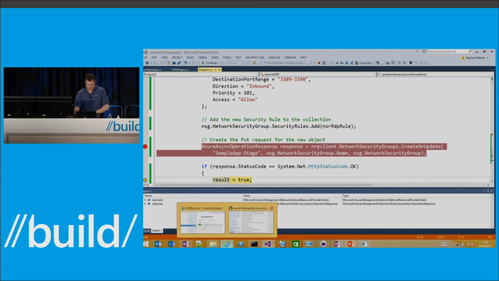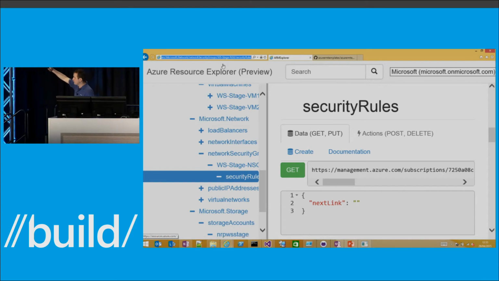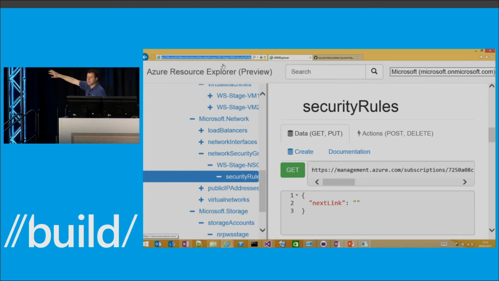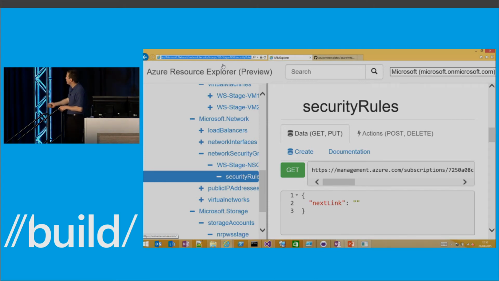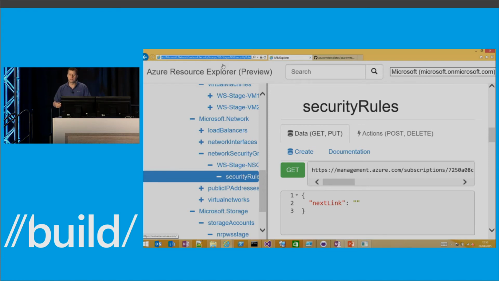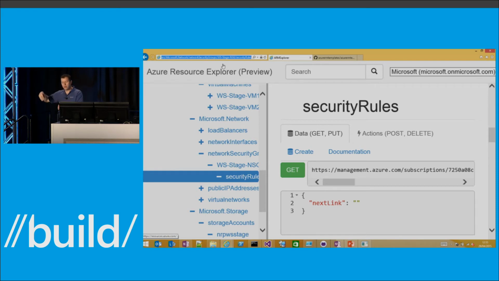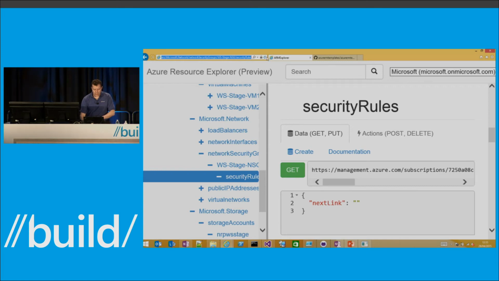One, we expect to see that if I switch back to the Azure Resource Explorer, sorry, I didn't introduce this. This is a preview tool that allows you to look at all your resources, look at the JSON for creating and for deleting and so on. It allows you to create stuff right here. You can create new ones through the actions. You can delete them. And you can experiment with your JSON. You can experiment with the resources. Or you can just use this as a very, very handy helper for creating your own templates. Creating an object, creating a resource, going in here, looking at the JSON, copying out your template, and then go from there. So if I go here and if I refresh this,